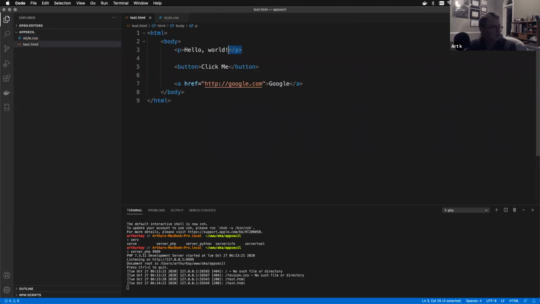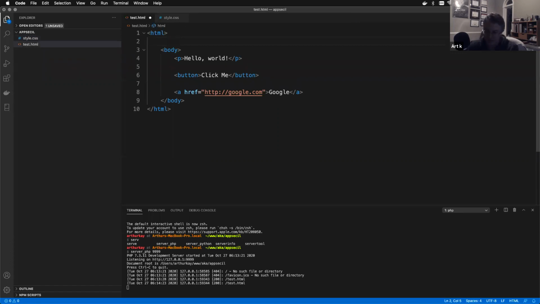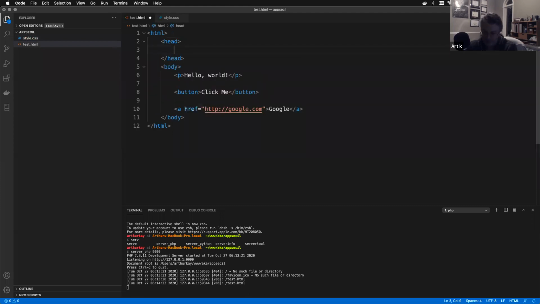So I can save this. And then in our HTML file, I'm going to create a header with a link to our style.css. And this is of type text/css. And I believe if I refresh the screen now,